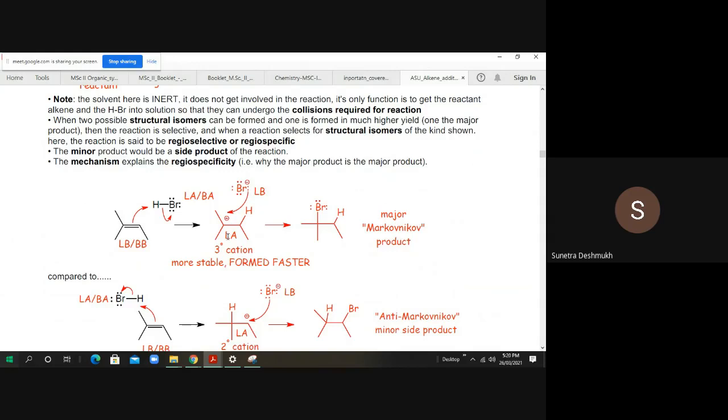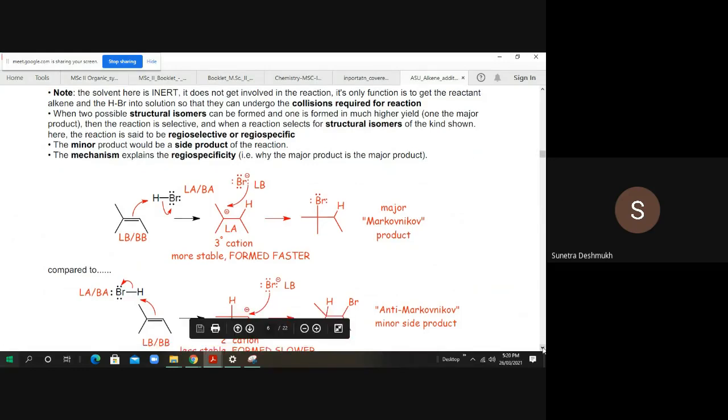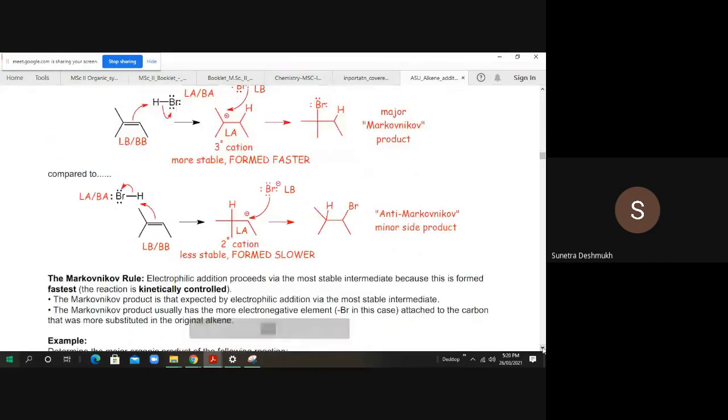Here we got a tertiary carbocation. As we know, a tertiary carbocation is more stable and forms at a faster rate compared to a secondary or primary carbocation. So this is one of the most stable intermediates we got. Whatever product forms, it will form from this carbocation only, and here Br minus acts as a Lewis base, and this generated carbocation acts as a Lewis acid. The Lewis base reacts with this Lewis acid, and we get the major Markovnikov product. So this is the addition of HBr across the carbon-carbon double bond.